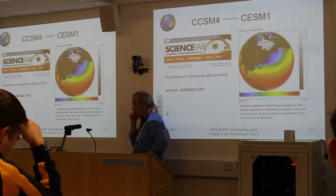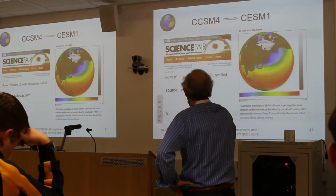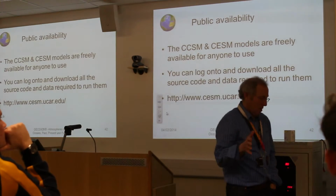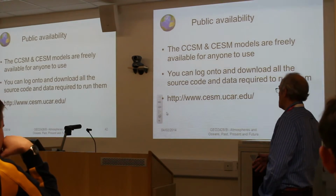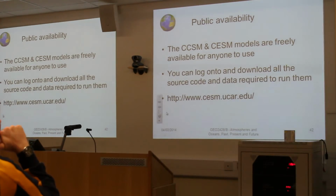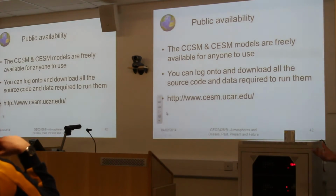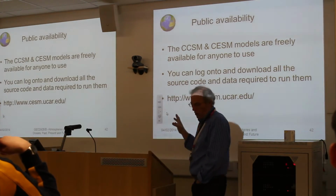That is actually also where this is meant to be the most powerful model, the CCSM, and the other thing about it, this was 2010, and it is actually freely available for anyone to use. So this is not commercially protected data. So you can log on, download all the source code, you can run it as much as you want. So if you fancy a bit of modelling, you can go in, download it, play about with the Earth system. I haven't tried it, I don't know how easy it is to do it, obviously not to run the whole model, but to get into it and use bits of the model. But it is open, and that's a very important element,